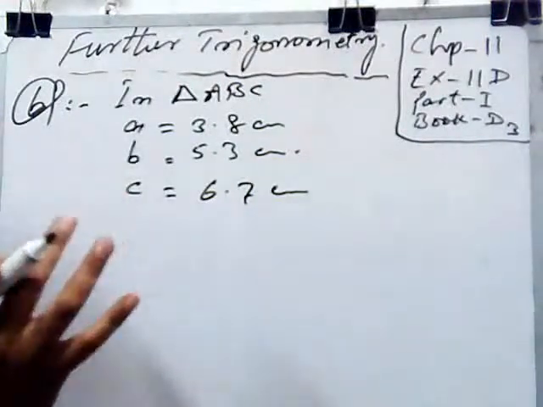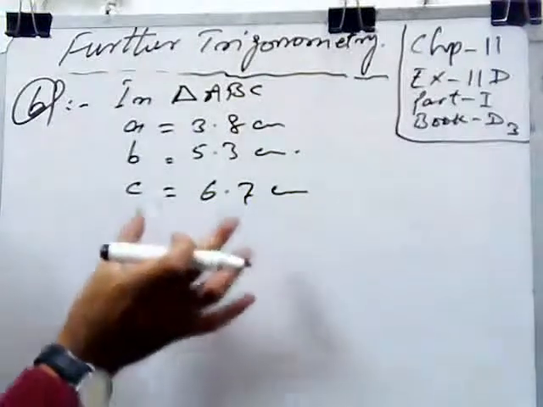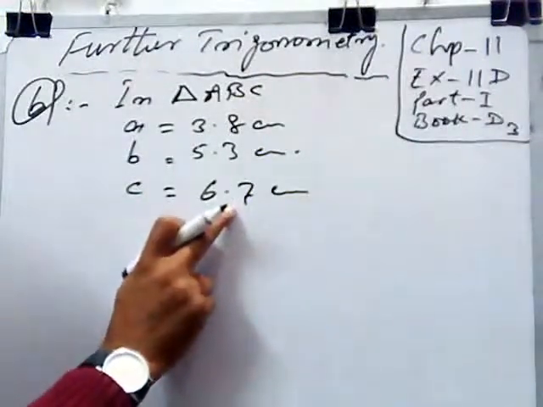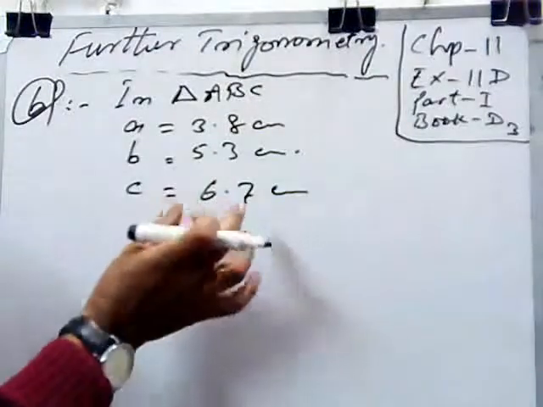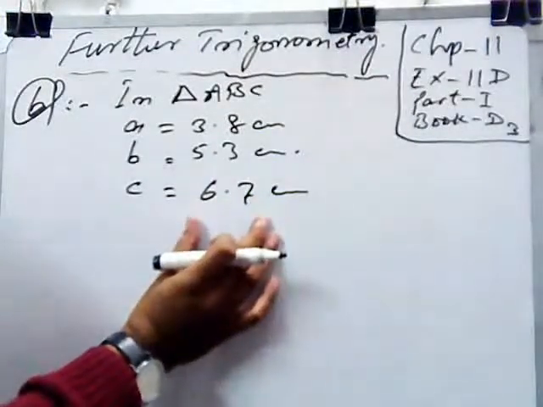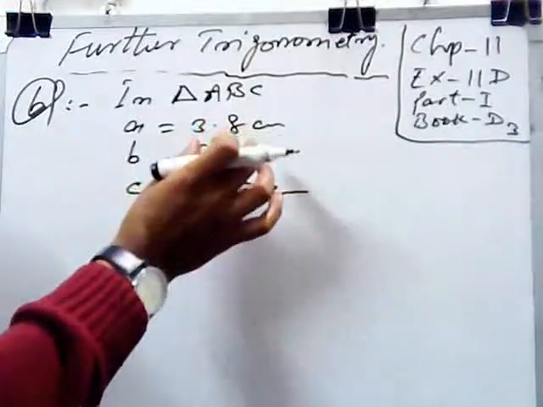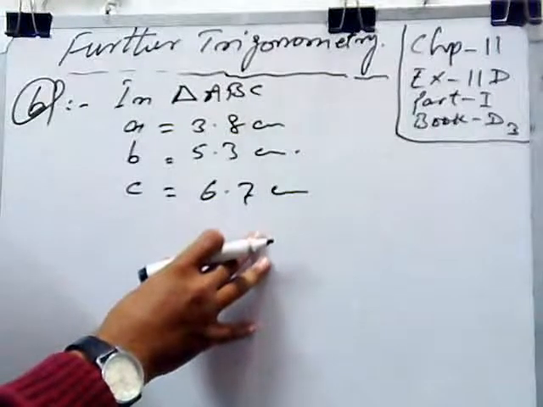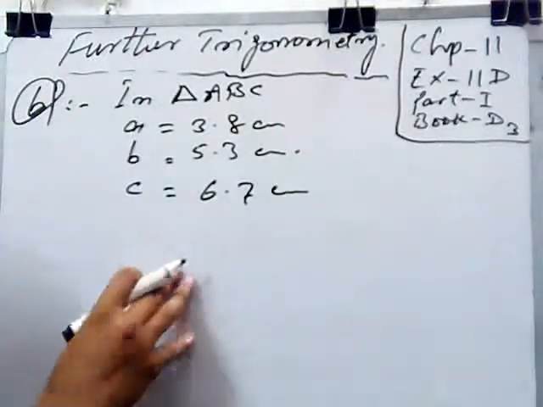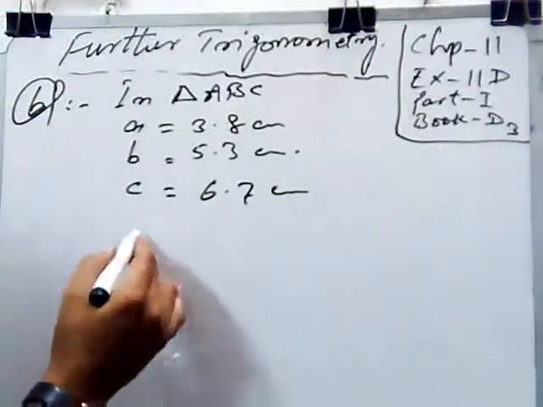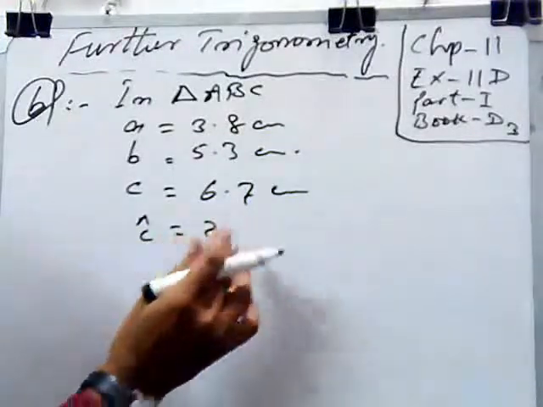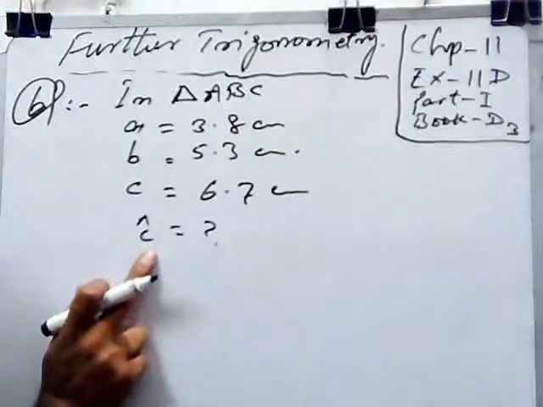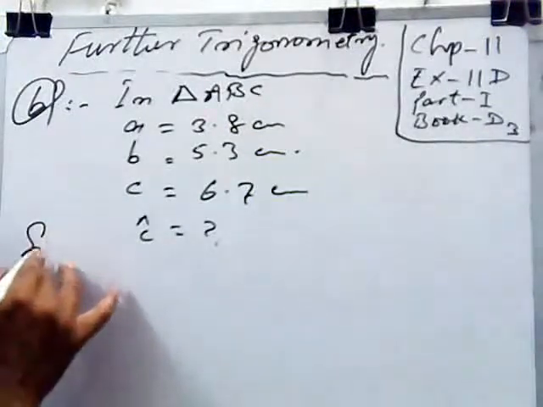Since it should be remembered that the greater side has the greater angle opposite. If the greater side has the greater angle, the smaller side has the smaller angle, so it is a basic rule. So it should be noted that we have to find the largest angle, which means we have to find C, because this C is greater, so we have to calculate angle C, since by